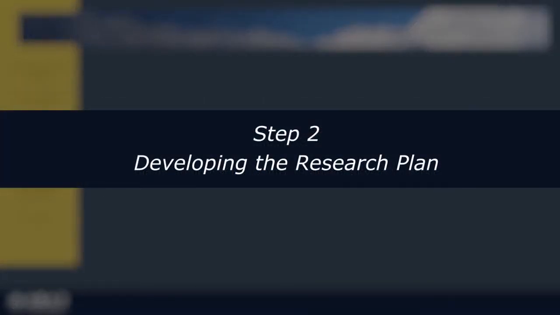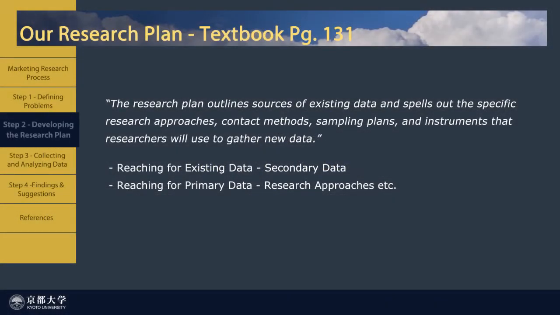So now, after we defined problems and set up the expected brand image, we move further into the next stage, the developing of a research plan. By referring to the principles of marketing, we can conclude the so-called research plan as something that outlines sources of existing data and spells out the specific research approaches, contact method, sampling plans, and instruments that researchers will use to gather new